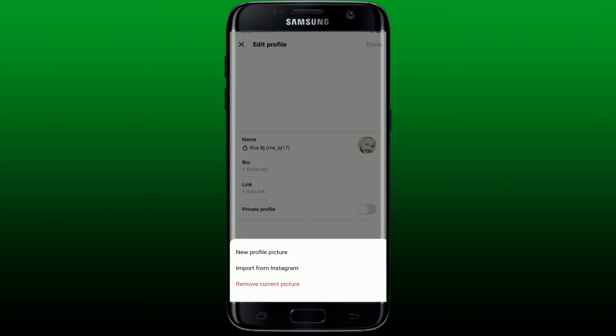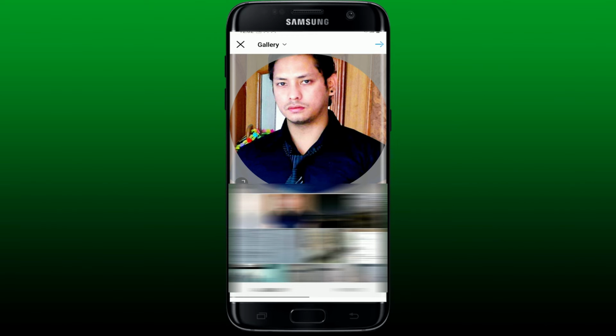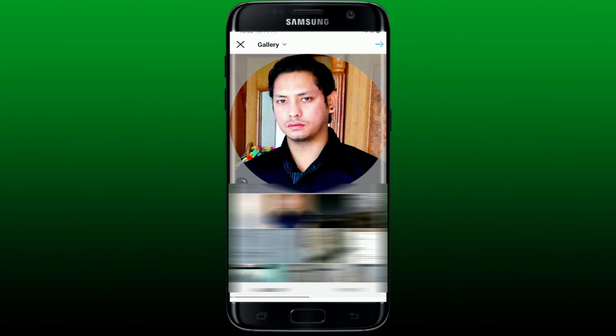From here, you can go ahead and select a new profile picture, import a profile picture from Instagram, or simply remove the current picture. Tap on New Profile Picture option. It'll take you to your camera library. Tap on your profile picture you'd like to change to, and then adjust the picture and tap Next at the